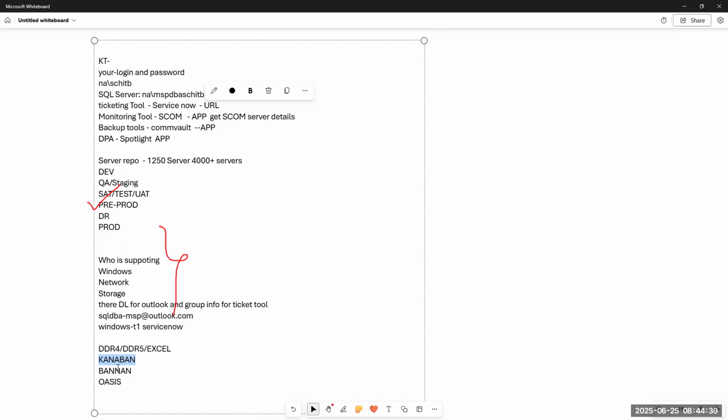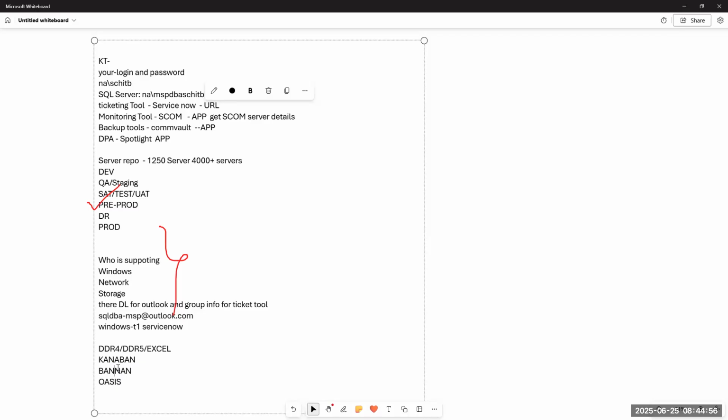Like, the Windows team will build the server. Once the Windows team builds the server, the network team will build the network. Then the storage team will build the storage, stage by stage. Then hand over to SQL. The SQL team will install the SQL server.